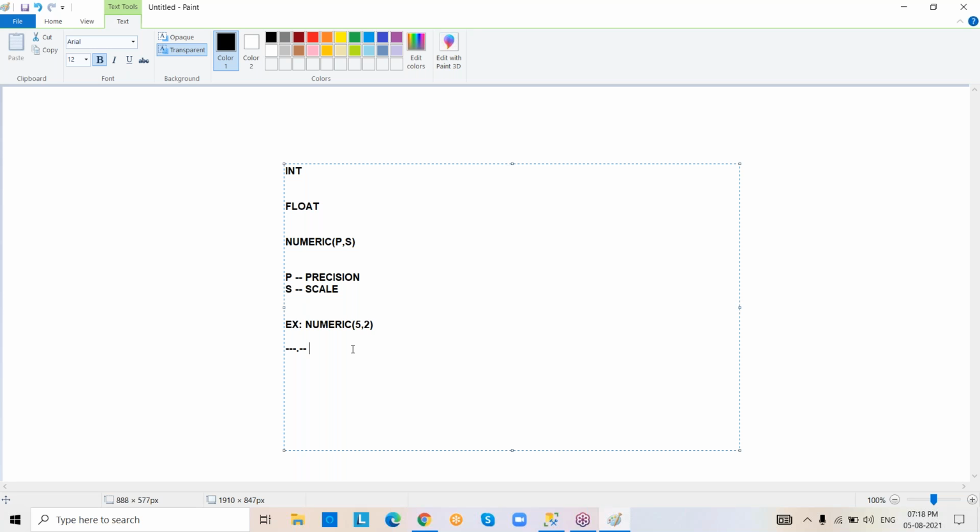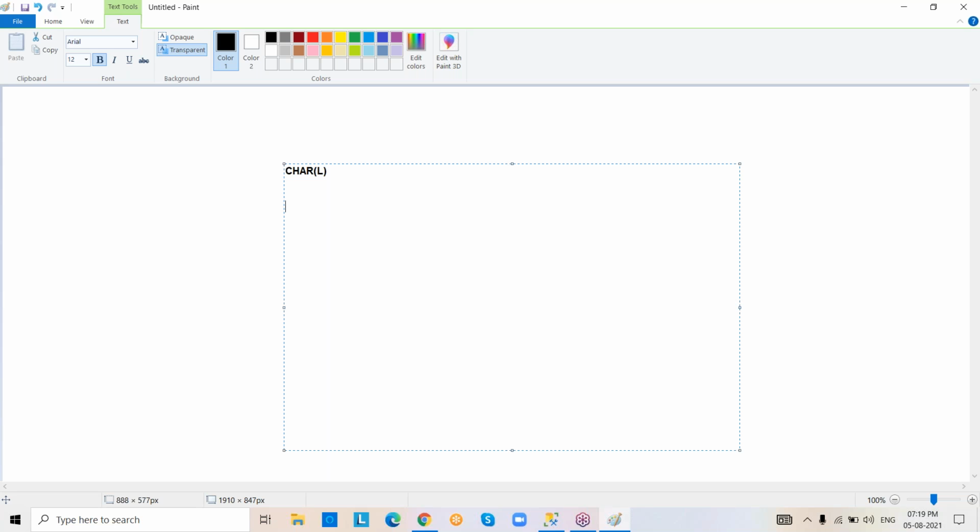Right. So coming to the next scenario, we are going to work with character data. We have different data types. Suppose char of length.